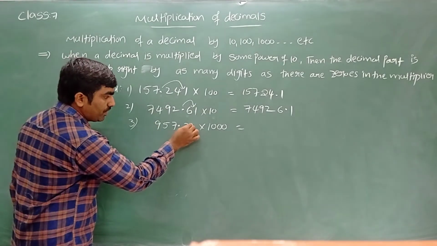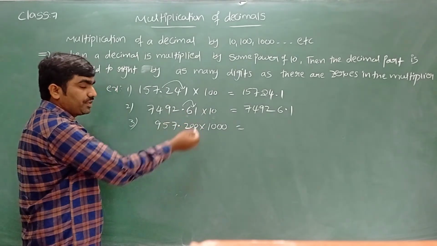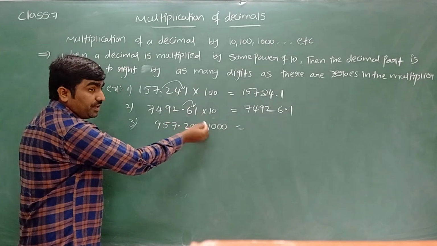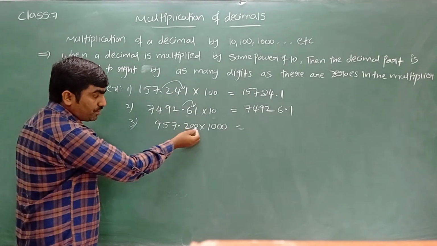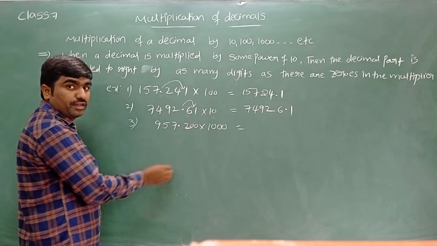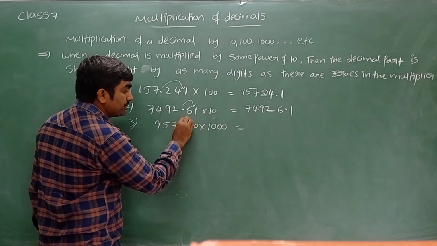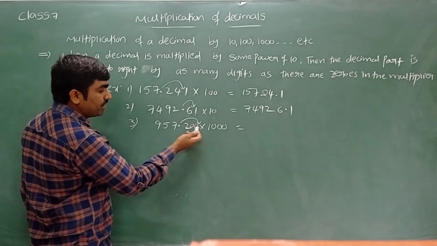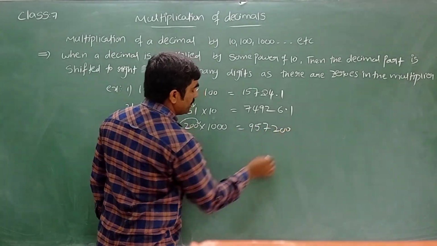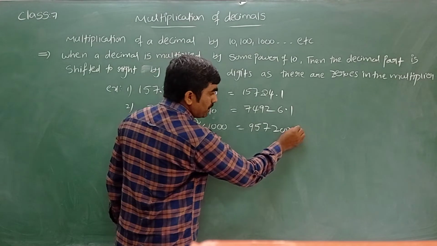Yes, we can keep zeros if you want. How many do I want? 2 zeros, so that I can see 3 digits after the decimal. Here you can see 3 zeros. The decimal point is shifted to the right side after 3 digits. Sir, is there no change by keeping zeros? Yes, by keeping zeros at the far right of the decimal part, there is no change in the value. Now 3 zeros are there. The decimal point is shifted to the right side after 3 digits, giving 957200. If there is no decimal digit, you can keep 0.